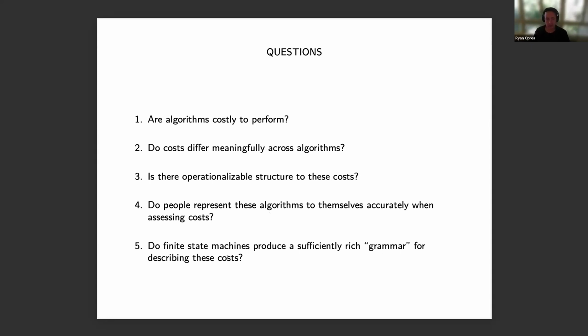And then finally, I'm using an extremely coarse descriptive language for modeling these algorithms, finite state machines. Is this a sufficiently rich grammar or taxonomy for describing what makes one rule more costly than another? So I'll make these last two a little bit more concrete in a second. Okay, so I'll just start out jumping right into the data given our time constraints by answering these first two